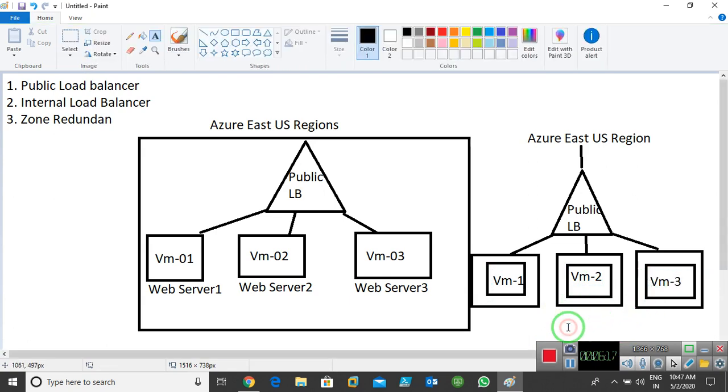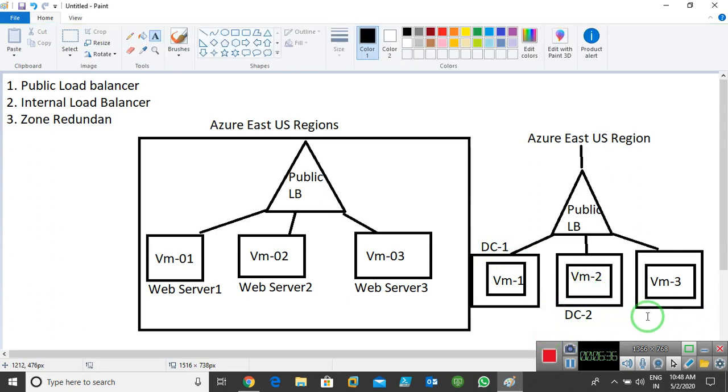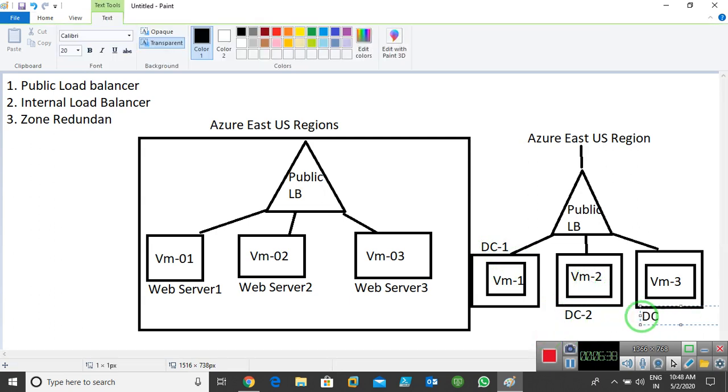Instead of placing every VM in the same data center, imagine this VM stays in data center 1, this VM stays in data center 2. I put my VM1 in data center 1, my VM2 in data center 2, and I put my VM3 in data center 3.